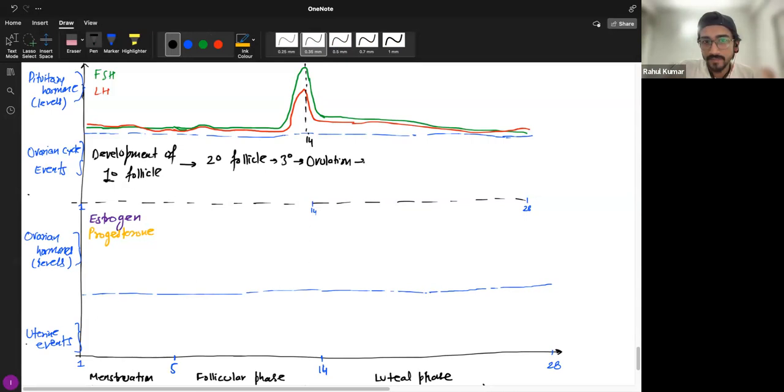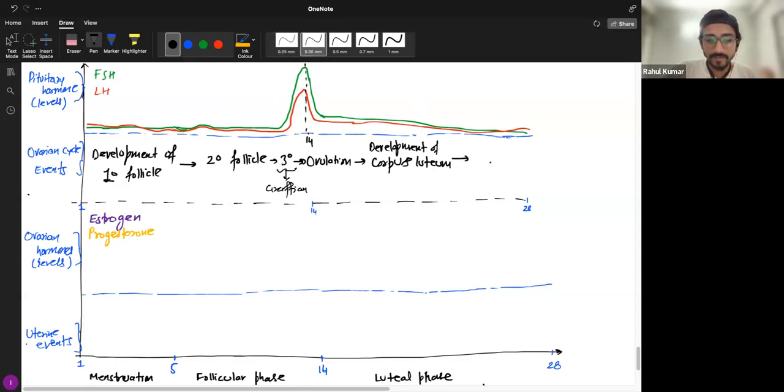And then around this time, after the ovulation has happened, it is called development of corpus luteum. We will talk in detail about what is corpus luteum. Corpus luteum is the leftover packaging material of the secondary oocyte. So when the secondary oocyte is released, the whole Graafian follicle in which it was packed is left. This tertiary follicle, which I have written here, is actually called Graafian follicle. In this Graafian follicle is packed your secondary oocyte. So it releases, Graafian follicle is left back, and that's called corpus luteum because it's now degenerating and dying,